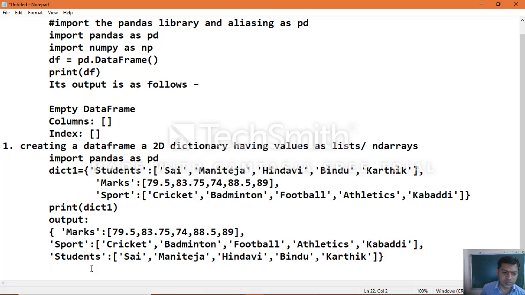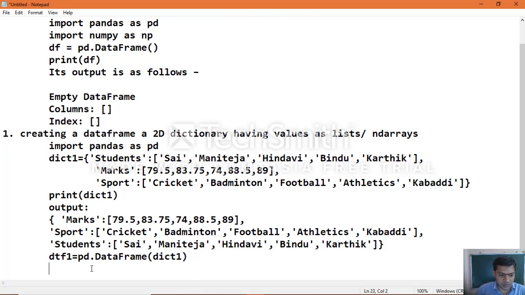Now we'll see how we can pass this data to a data frame object. Data frame 1 equal to pd dot DataFrame, the syntax of the constructor which we know, of dictionary 1. Then I will see the output.